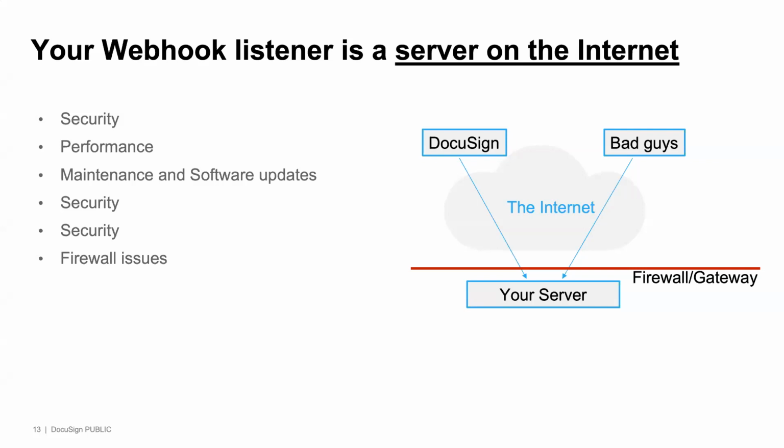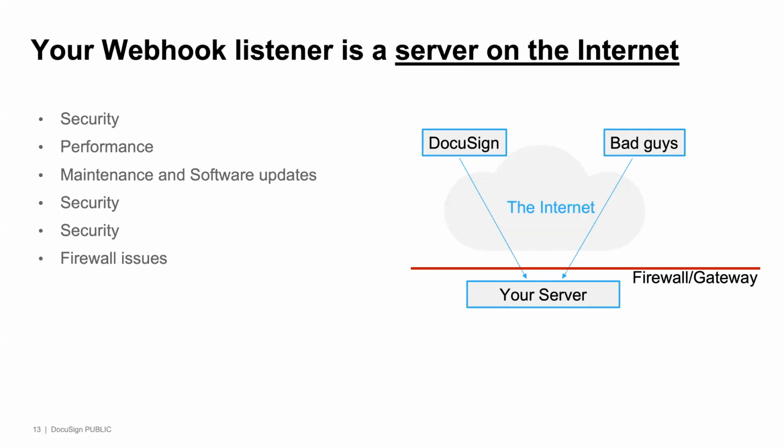Now, there are different ways to organize having a server on the public internet, and that's not the purpose of this talk. Since many people want the notification to interact with other applications that are on premises or effectively behind their firewall, that's why I've drawn the diagram in this way. You could, though, for instance, have your server be on an AWS system or Azure or whatever else you want. The key thing to keep in mind here is information security, and that's why you can see it's the first, fourth, and fifth bullets here.